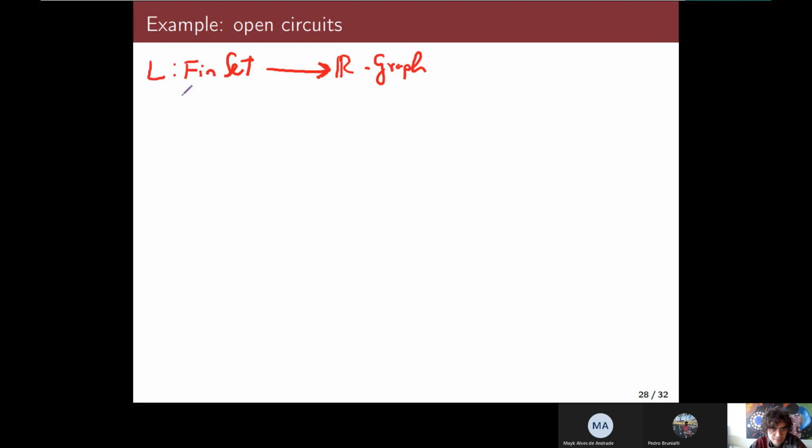And this will send a finite set like this to, again, the graph with these elements but no edges. And what is the structure cospan? In this case, the structure cospan will mark